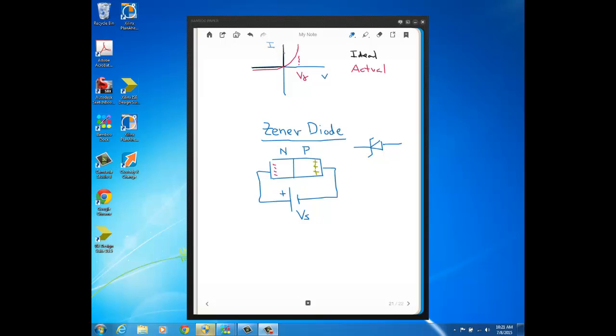So here in the black, that's the plot that represents the ideal diode, where when it's forward biased, it acts like a short, so there's 0 volts across it no matter what the current flowing through the ideal diode is. And then when it's reverse biased, ideally there's 0 current through the ideal diode no matter what the reverse bias